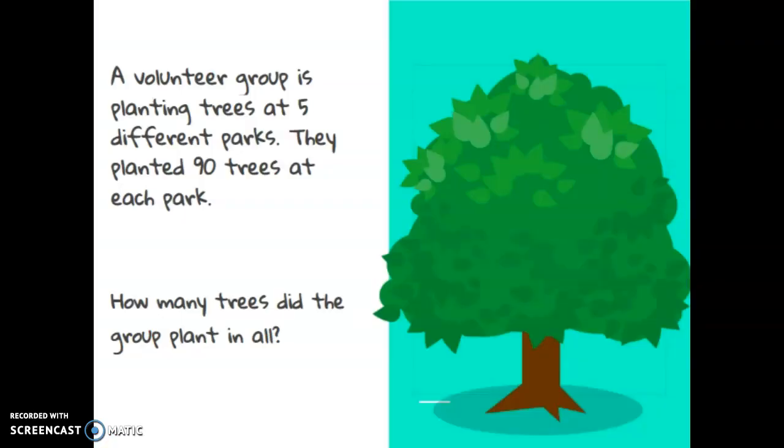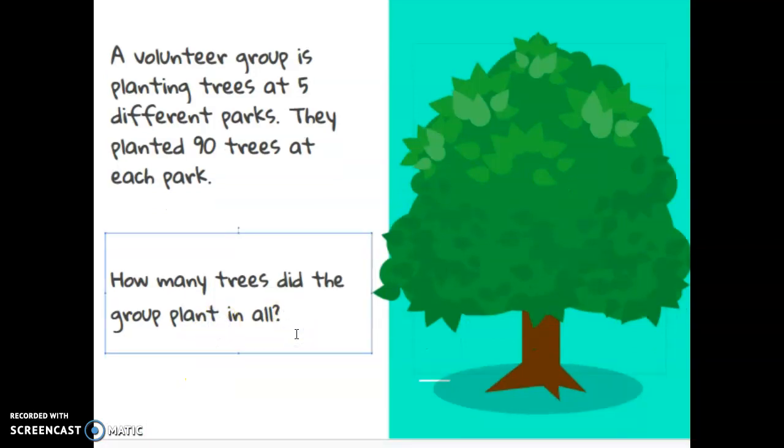Let's think about how we can relate this to a word problem. If we're looking at a word problem where we know that we're going to be multiplying, then we can also use that same strategy. So a volunteer group is planting trees at 5 different parks. They planted 90 trees at each park. How many trees did the group plant in all? So what we've got to think about here is what our problem actually consists of. So we have 90